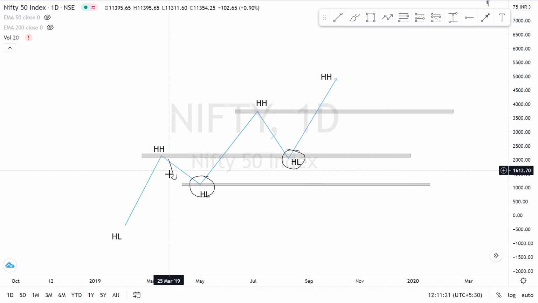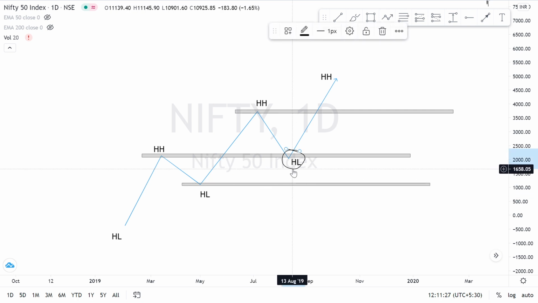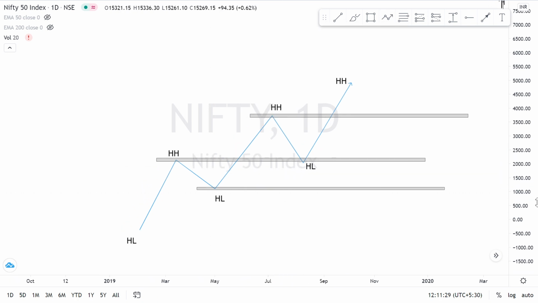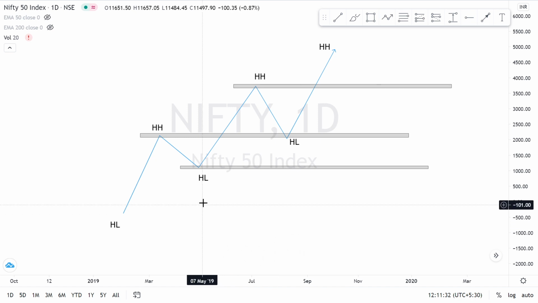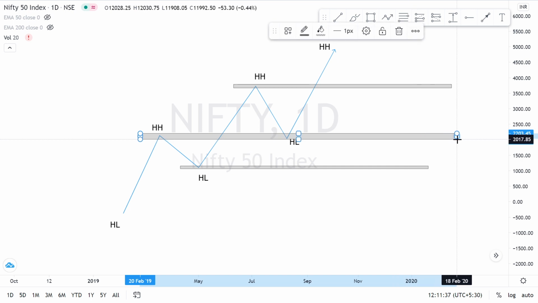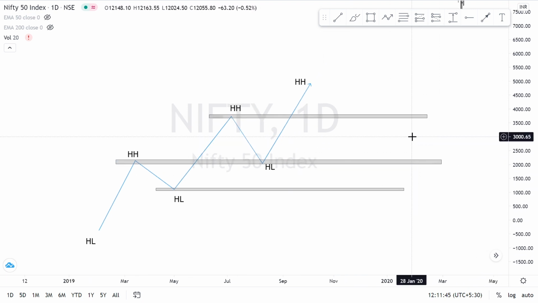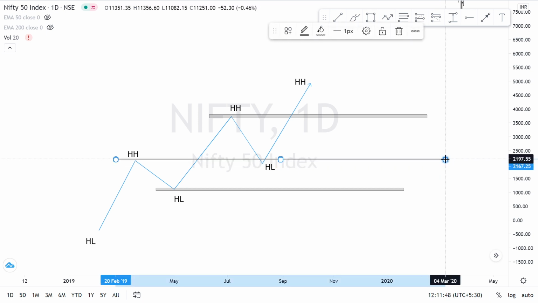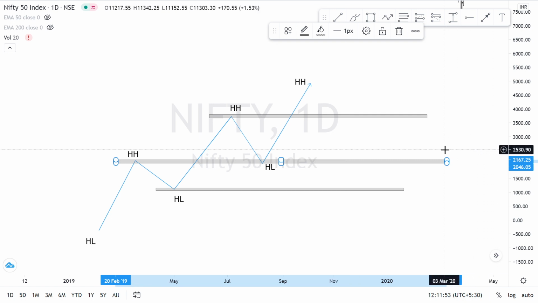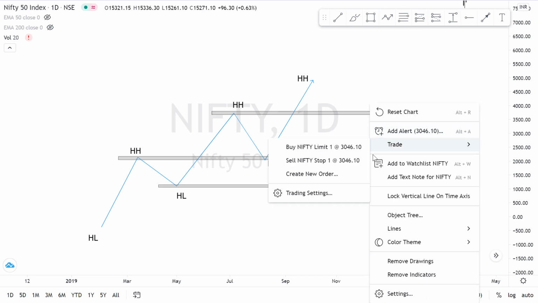So how do you do this? How do you identify when a higher low is formed? Drawing here and showing you guys is really very simple, and you feel like you understood everything. But then when we move to actual real stocks, that is where we face our problems. That is where we don't know where to buy, where to sell, and we're confused. So this was an example I showed, taking supports and resistances as main levels in the market. But support and resistance can also be dynamic.